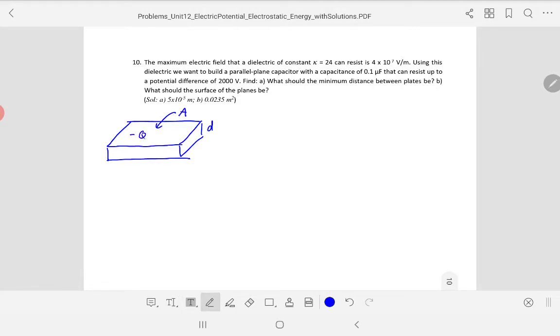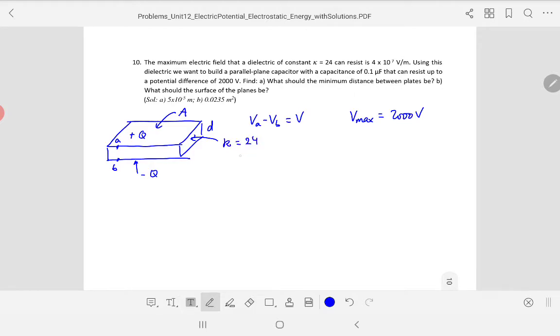So let's imagine that this is the positively charged plate, the upper part, and the other is the negatively charged plate. We know that from point A to point B, this is the potential drop. We normally talk about directly V, and the maximum V that we're going to allow this capacitor to have is 2000 volts. On the other hand, we know that inside we're going to put a dielectric of kappa